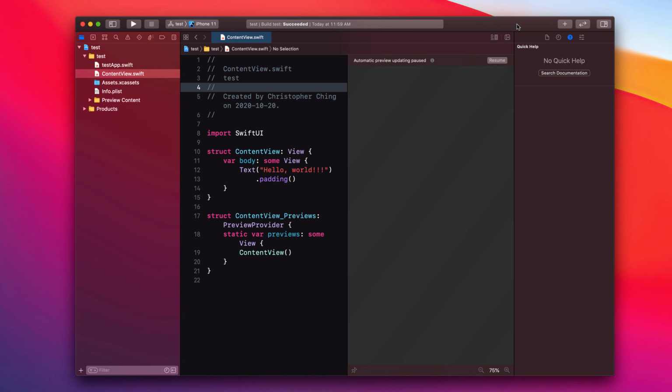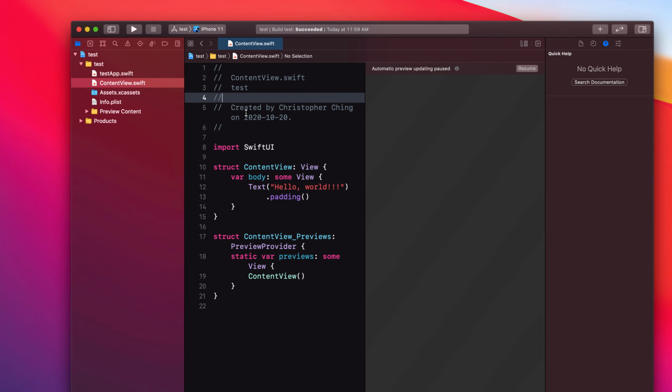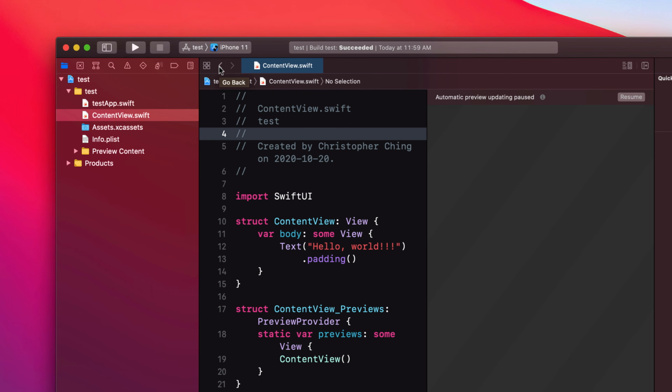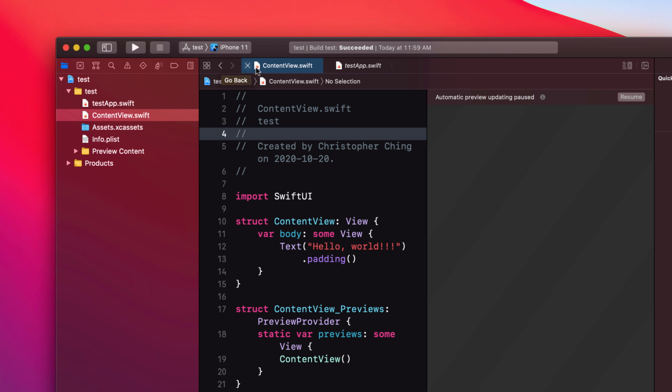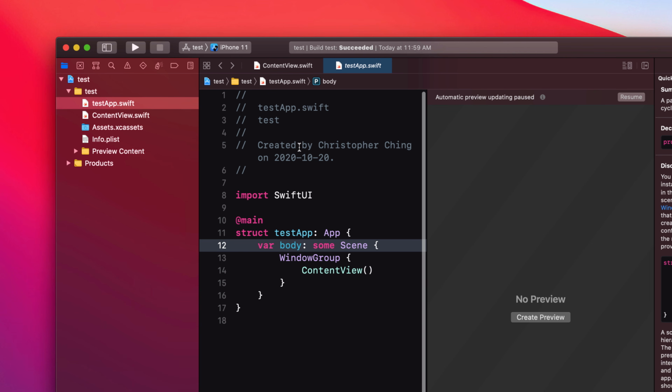The last thing I want to do in this lesson is to give you a couple of quick tips on navigating around Xcode in terms of going through your files and also in terms of editing code. So first of all, let's talk about navigating around in files. You'll notice these two arrows here. These are really handy because it's going to let you go to the last file you were looking at. And although it seems a little trivial now, when you're jumping around editing in files, this becomes really handy. Instead of having to go and reselect that file from the Navigator, you can just hit back and jump back